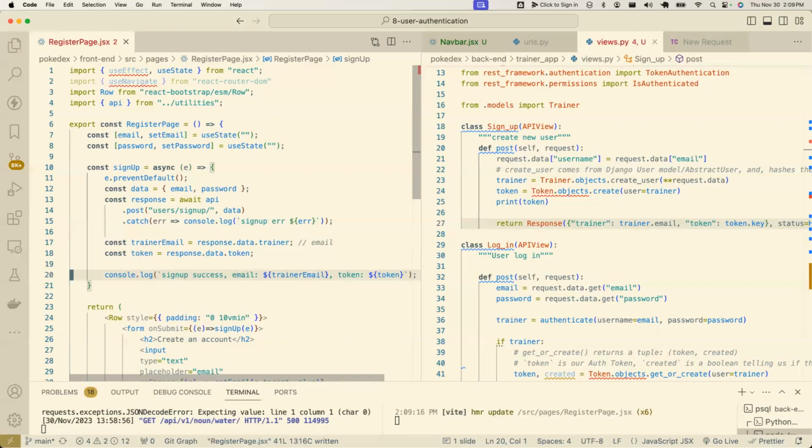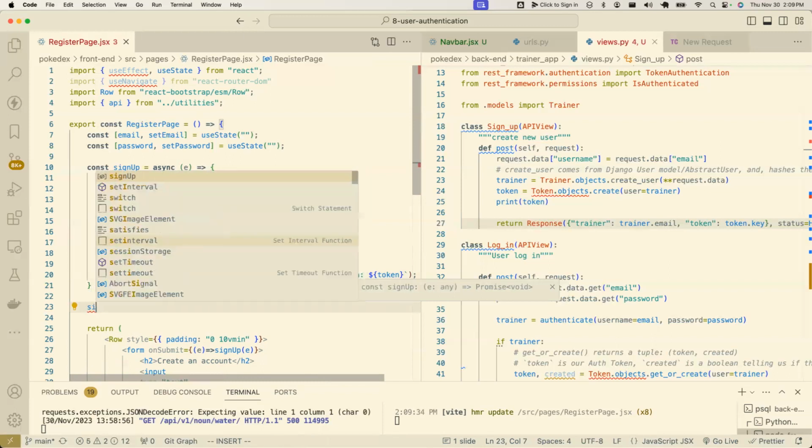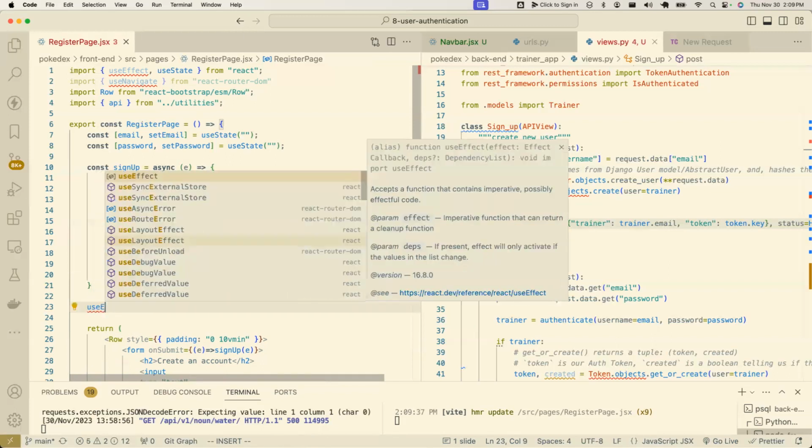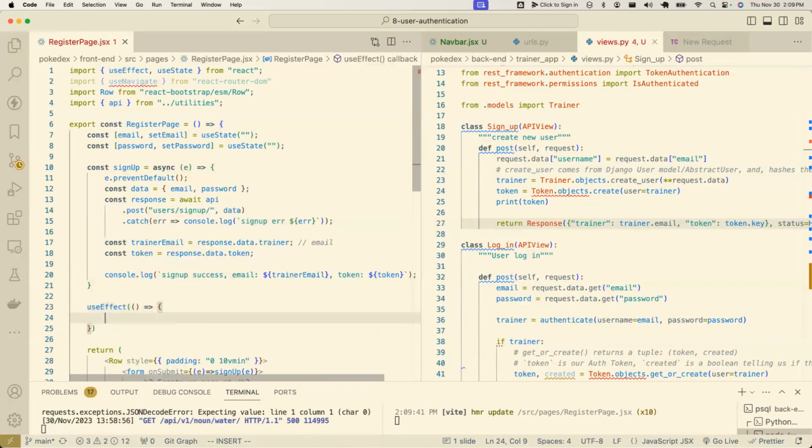Though actually I have to fire this off. So I think what I'm just going to do, just because we're hard coding right now, is let's actually just do a use effect. And inside that use effect, let's do sign up. And what I'm going to do to cheat just a little bit, because we haven't actually put that data in there, because I just want to test that this works, let's just do carol@gmail.com. We're just going to hard code this in the state and